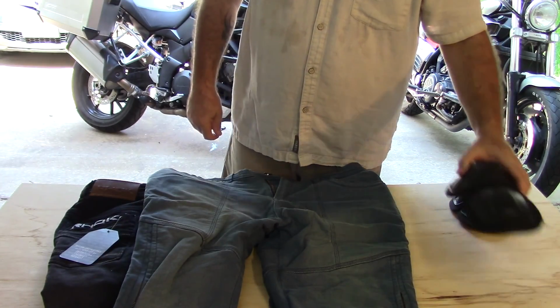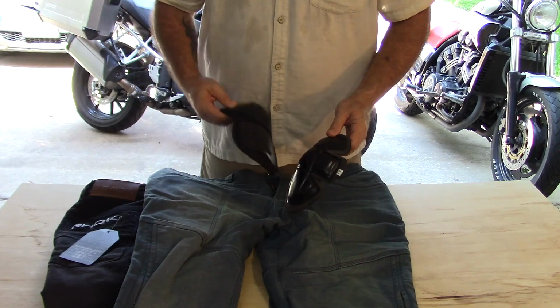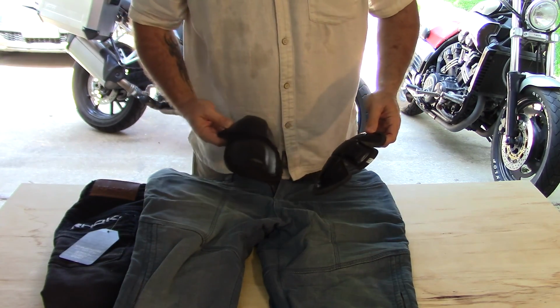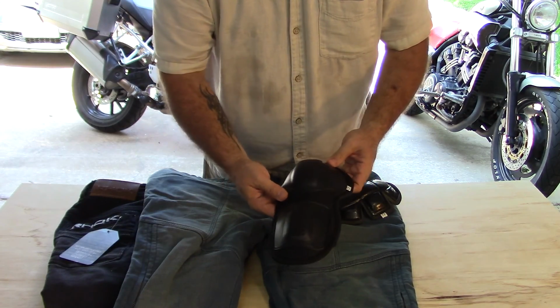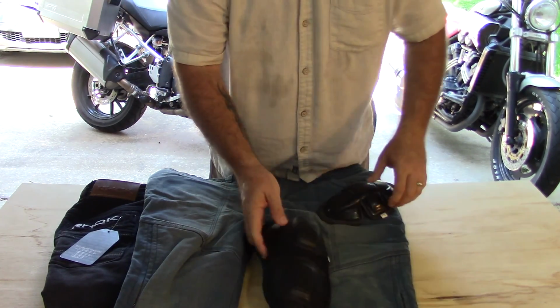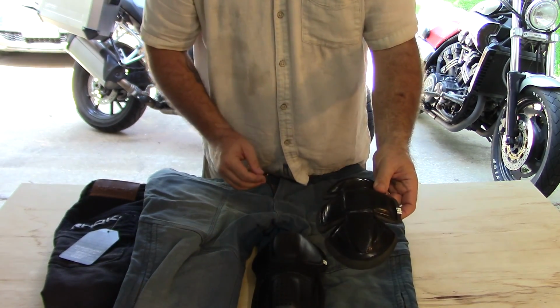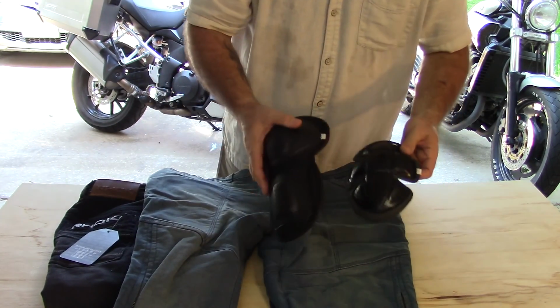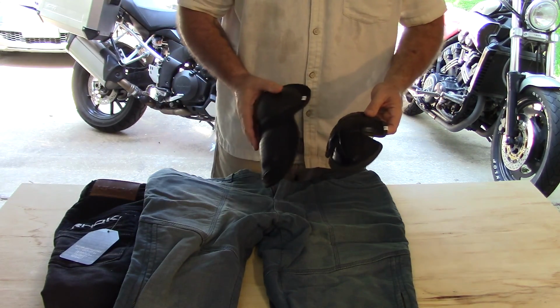And let's talk about the knee armor. So the armor on the RHOKs in general, you're going to find it's a little thinner than what comes on the Force Riders and a lot of the pants that you may look at. The reason it can be that way is that it's got this hard shell cap over it. This being the knee armor, and this being the hip armor. They are both CE rated, so they have passed a standard of protection,